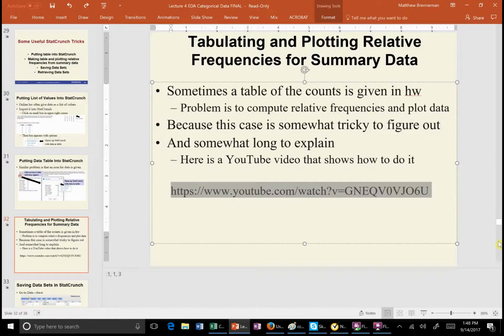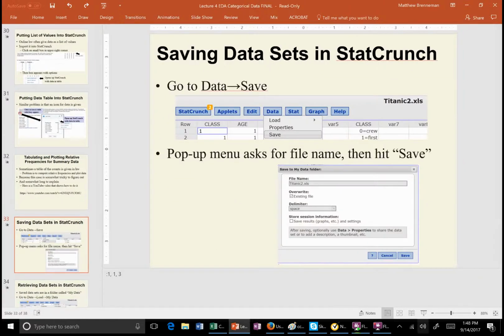Okay, so a couple of last things you're going to want to do. These aren't so much an issue now, but it's going to become an issue later on: you're going to want to learn how to save data sets. So you're going to have some data set that you're working on, and you're going to want to save it. What you do is go to Data, Save,